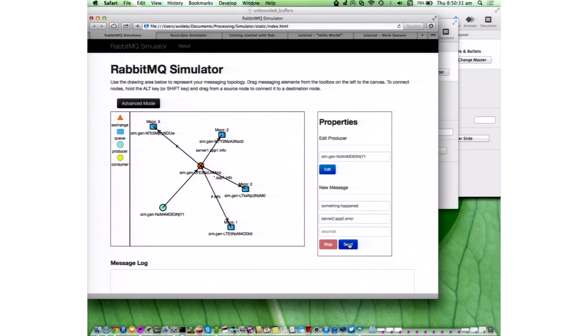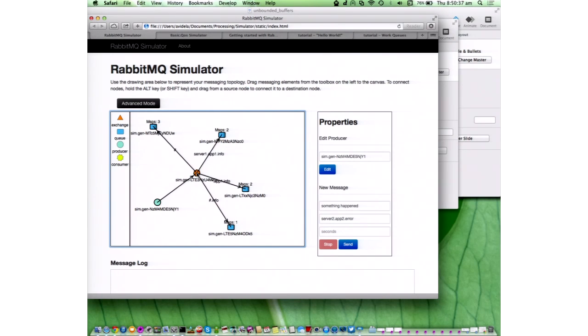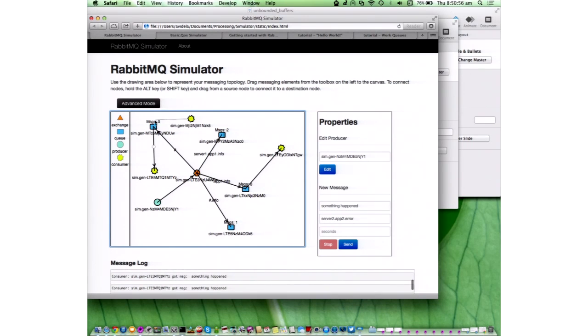So to recap, the producer wants to send data, so it has to use an address. That's the exchange. If we don't have bound queues there, the message won't go anywhere. And once we have the queues, we need to have consumers that subscribe to them. And Rabbit will do the round robin for us.